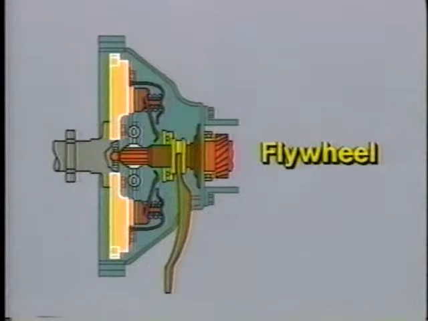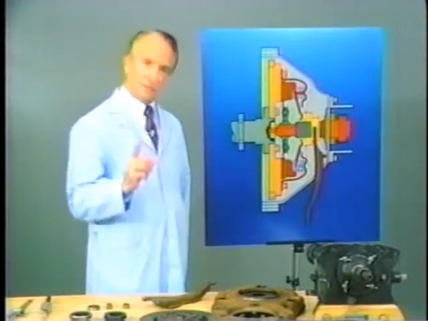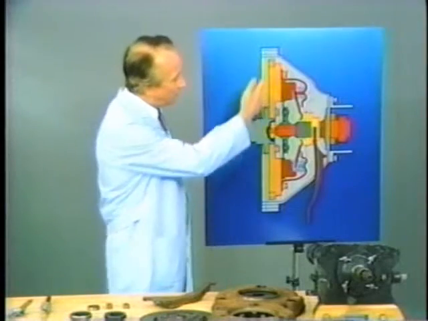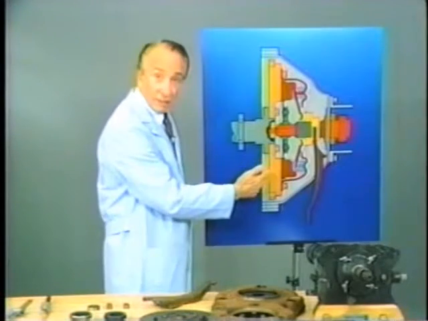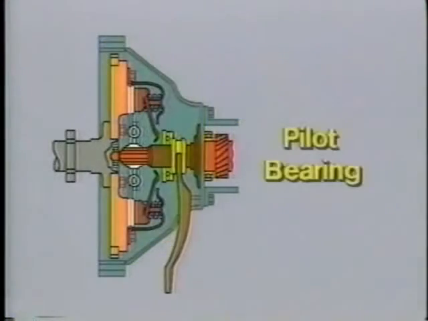The engine flywheel is connected to the end of the crankshaft. Therefore, it's always rotating at engine speed. The flywheel has several functions, but for this discussion, remember that the flywheel serves as a coupling surface between the engine and the clutch. Also located in the end of the crankshaft is the pilot bearing, which provides a guide